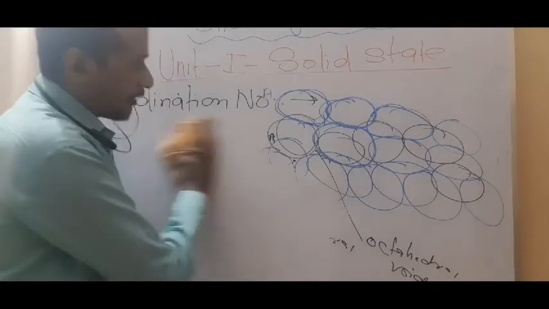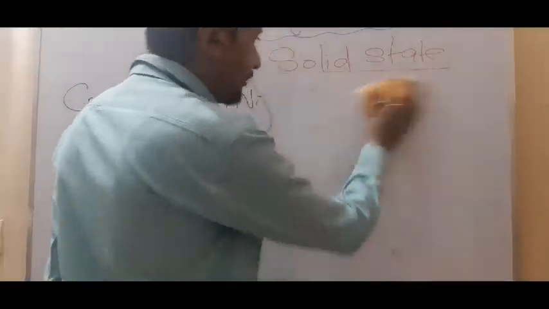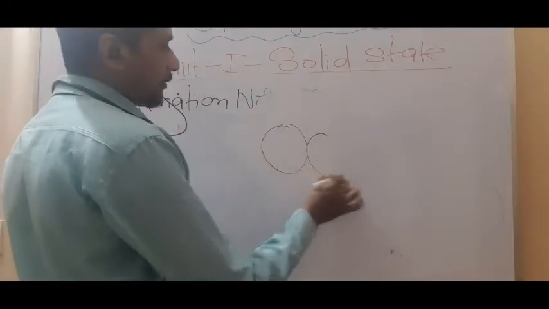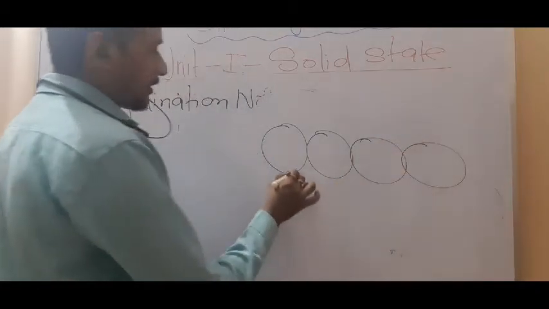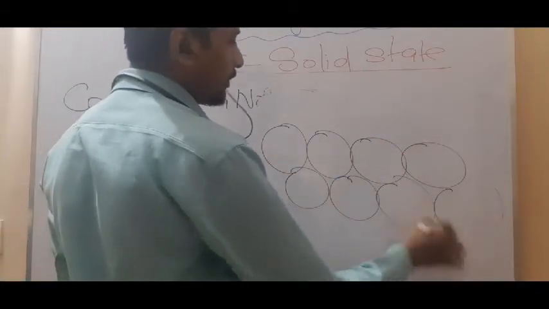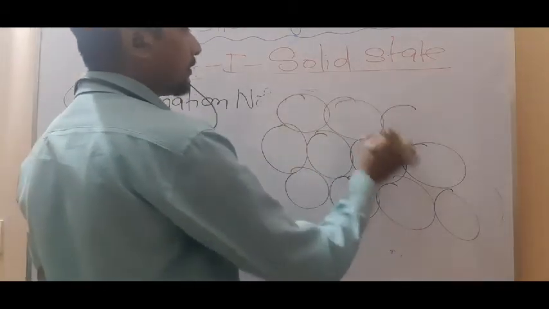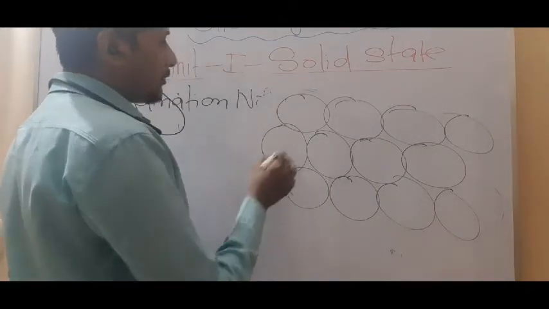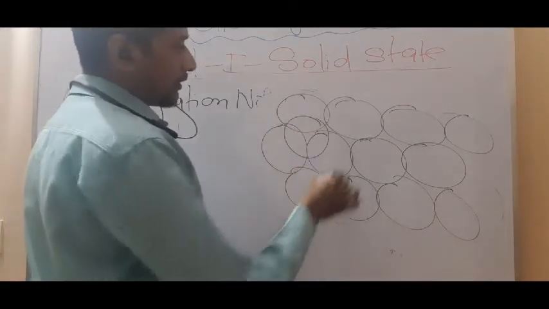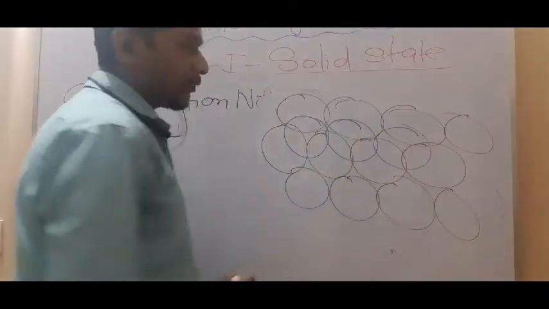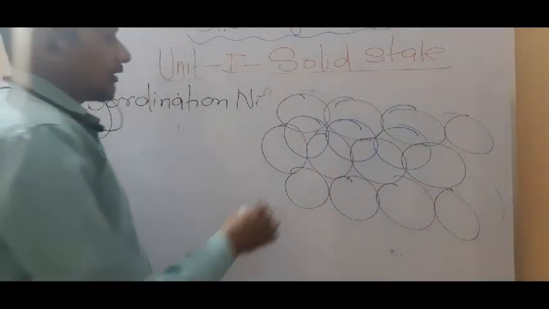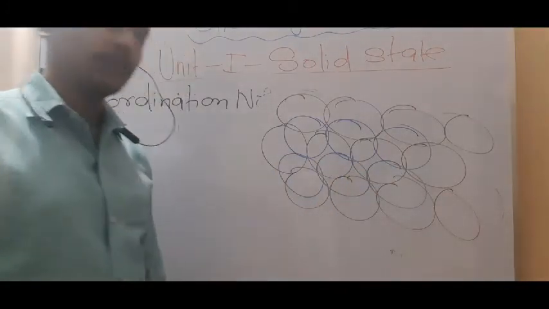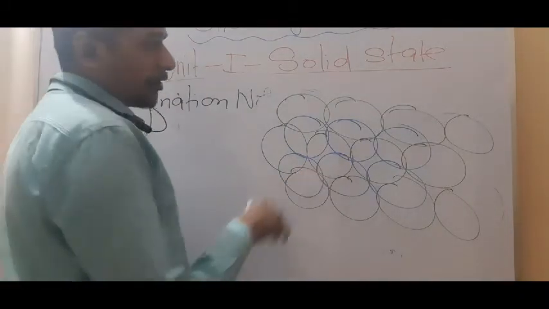Now look at here. What happened with the CCP or FCC? So look at here. Now in case of these spheres which are touching each other, they can generate 2 types of voids. Are you getting this point or not? Okay. So now the second layer is placed covering these voids. That means which voids? Tetrahedral voids. Like this. Okay. In CCP what happens?